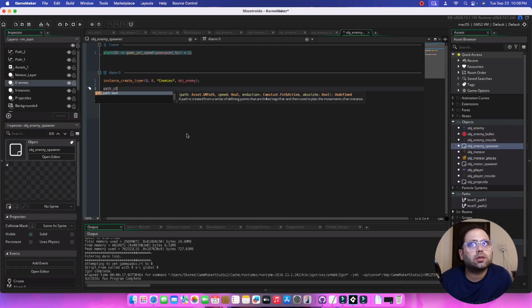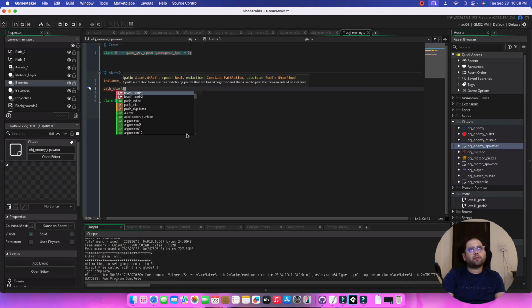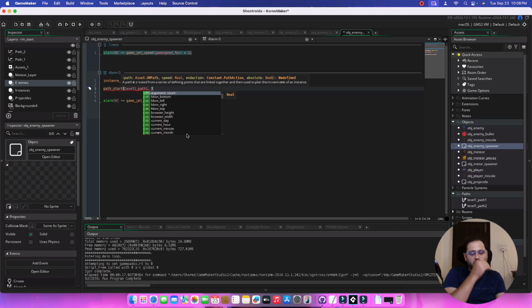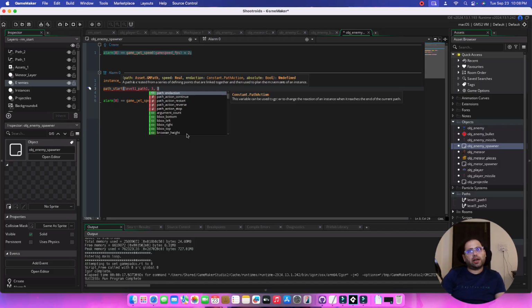Path speed end action. Yeah, I think this is what we need. So path_action out here, and the path you want to move it is level_1_path, and the speed you want to move at is, I think, let's just keep it at 3 for now. We might have to fine tune this. And the end action, path end action, is gonna be